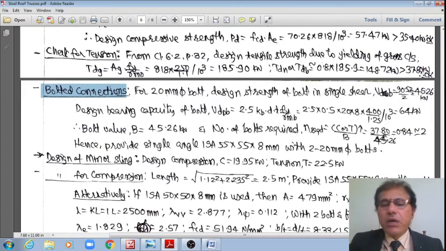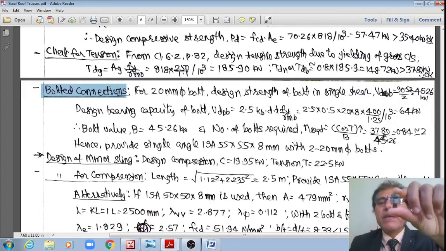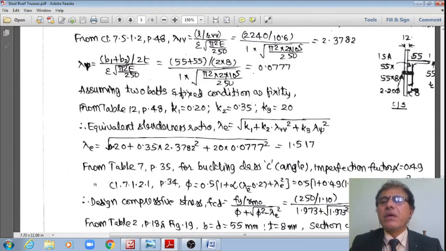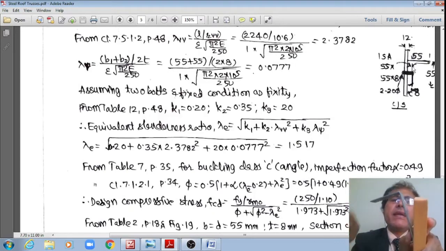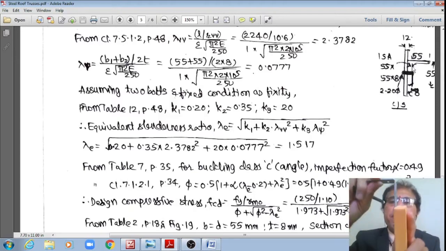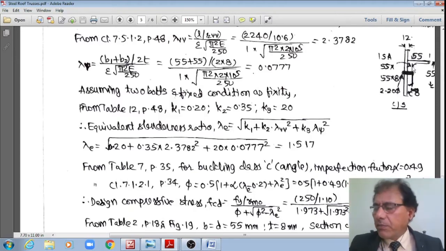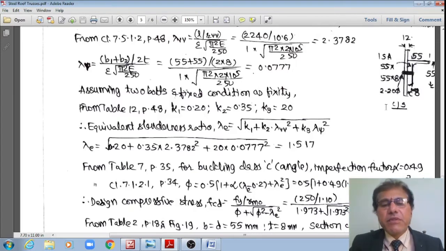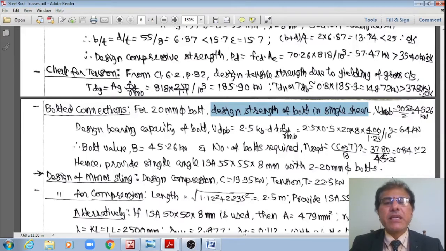We have assumed 20 mm dia bolts. Even in the previous class we have assumed 20 mm dia bolts. Therefore the design strength of these bolts in single shear, right? Now this is the plate. Sorry, this angle is connected to one side of a gusset plate. Therefore there is only one single plane at which there can be a shear failure. Therefore the bolts are in single shear. Therefore the strength of the bolted connection in single shear, VDSB,